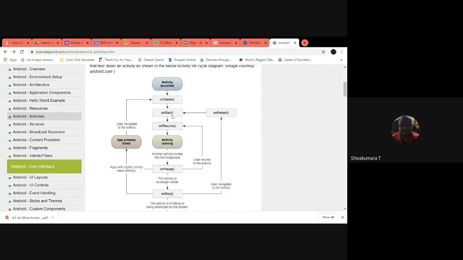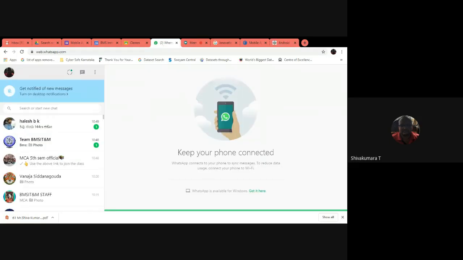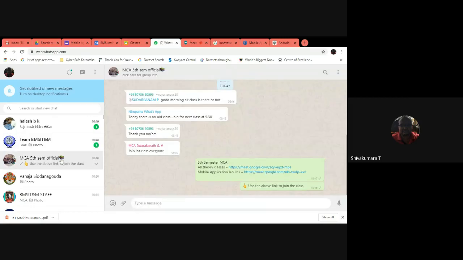On resume method is used. On resume means it keeps the app open. So when I click WhatsApp, it is waiting for the input. Until I click the options in WhatsApp, it does not respond.